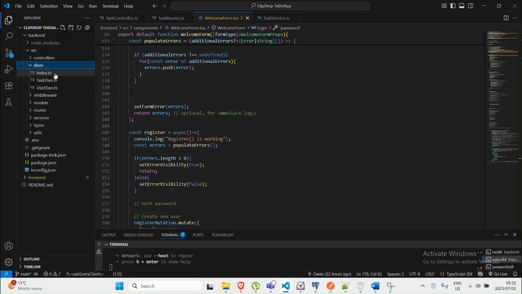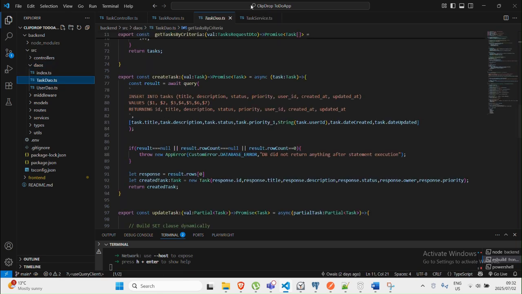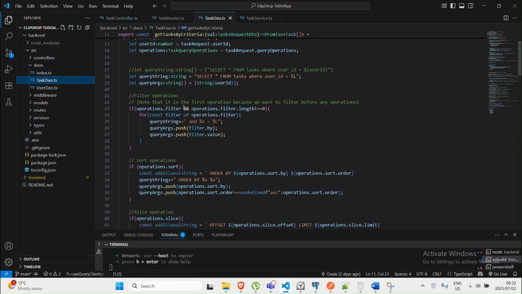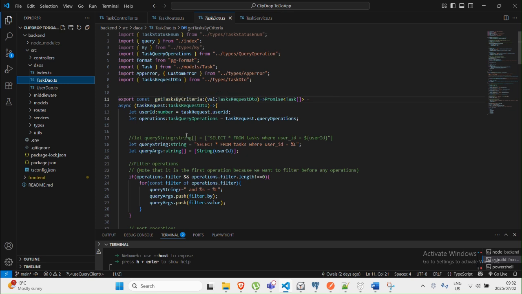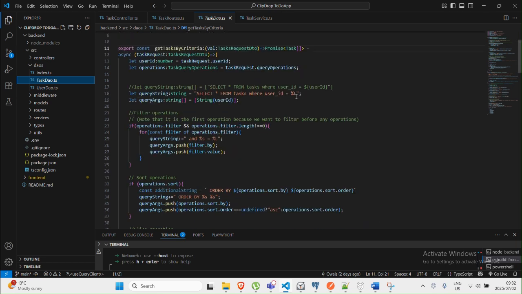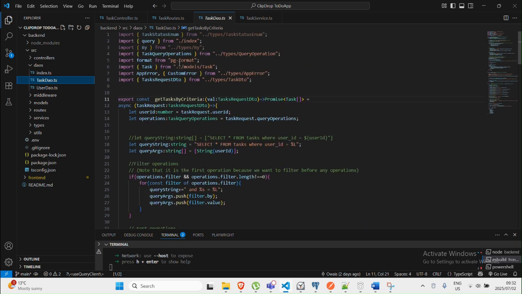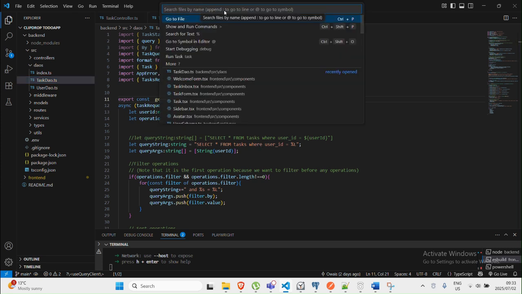Let's start with the DAOs, which are the objects that are closest to the database. You can see that we have a couple of functions over here, and these are the ones that are executing the SQL. One thing you'll realize is that we're using PG format and PG admin to create dynamic queries. The reason why we use PG format is to prevent any SQL injections. Now the DAOs are interacting with the